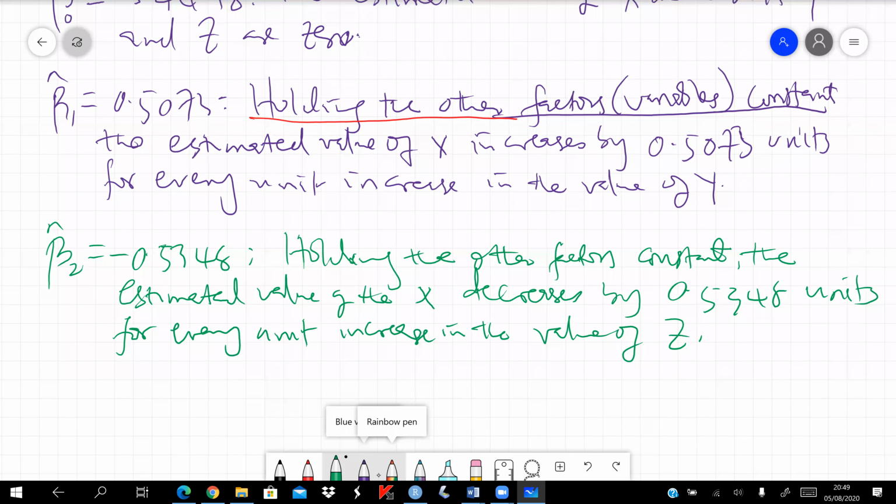So you notice that the interpretation here is slightly different from what we saw in the case of simple linear regression. And that marks the end of that topic. You'll get much more examples in the notes. So please check out and